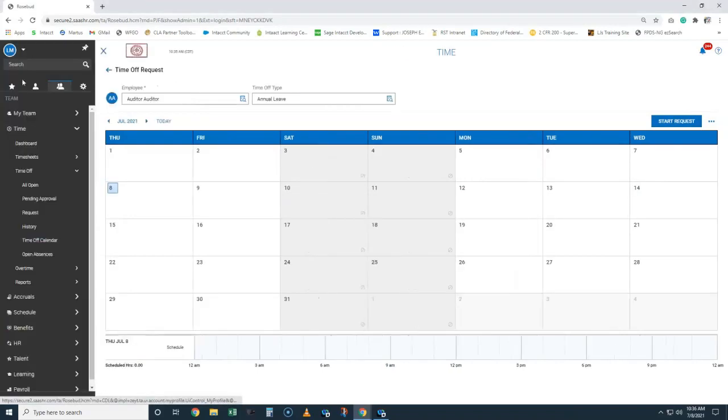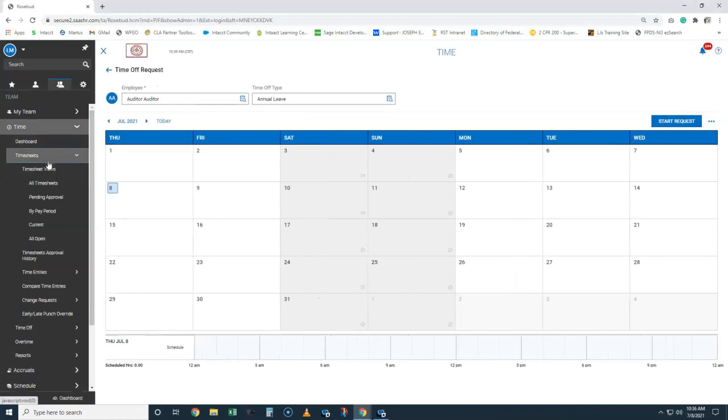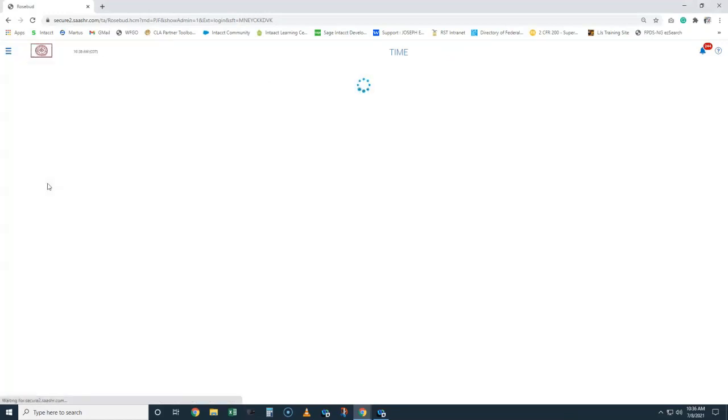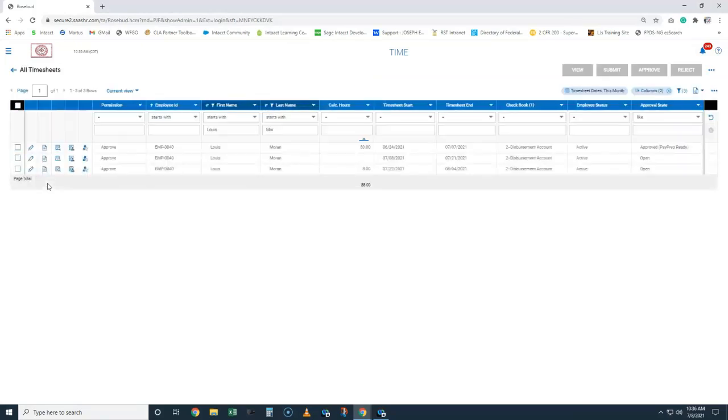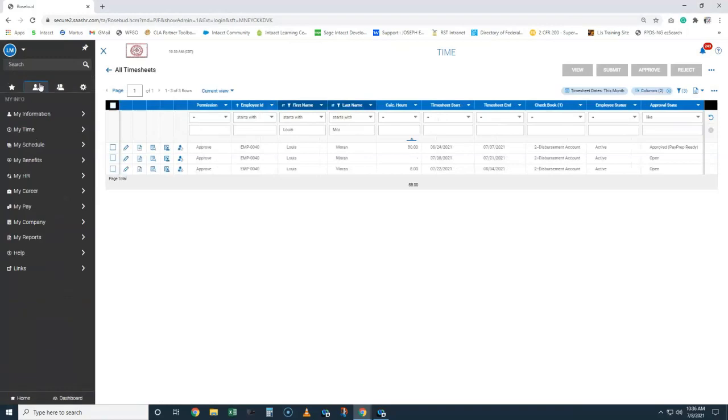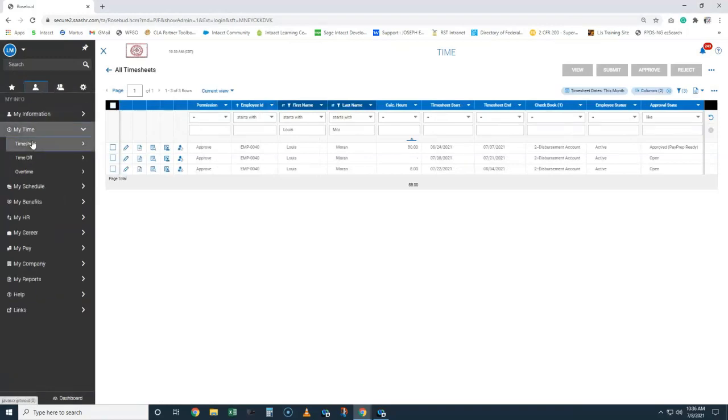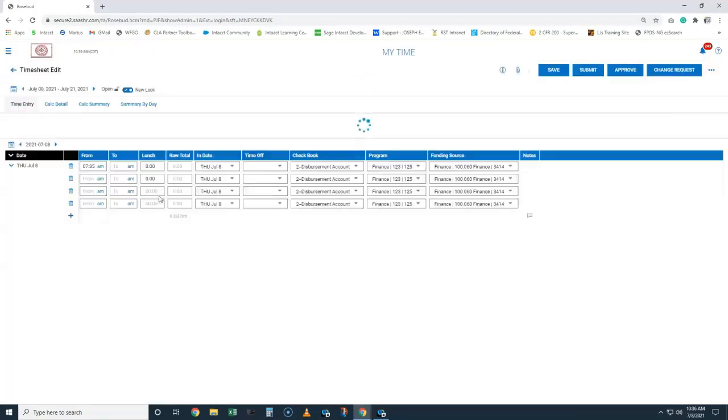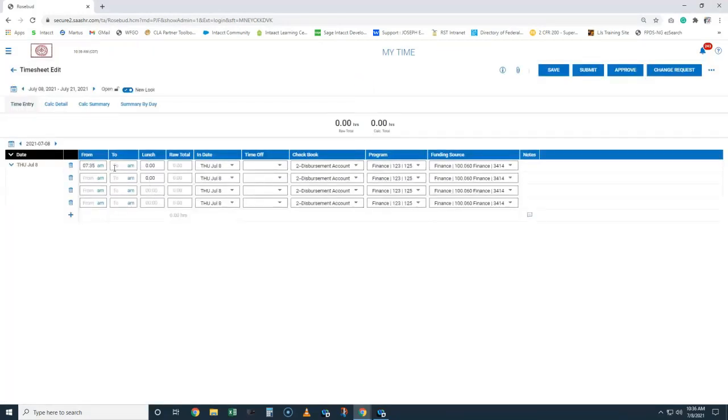Another part we should encourage employees to use on their timesheet, and this only works with current timesheets. It wouldn't work with the one that just ended yesterday, so it would work during this current pay period. If you haven't used it, and we're viewing our timesheet, so as an individual user, I'll go to my timesheet,